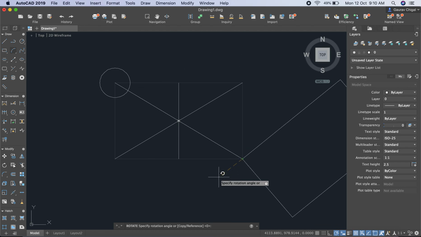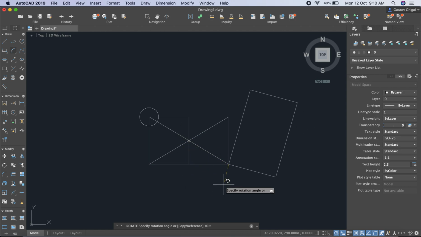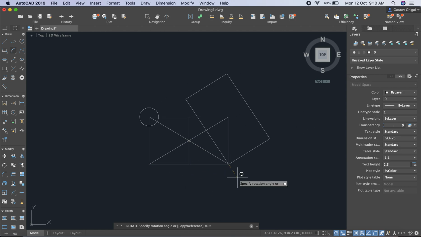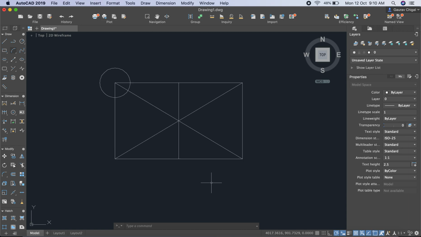You can see here the rectangle rotates as per your specifications. You can give the angle at which you want to rotate. Let us say the rotation angle is 45 degrees. Just type 45 on the keyboard and then enter. By default, the system measures 45 degrees from the reference line, and it moves in the anti-clockwise direction. Control Z to get back to the initial position. So this is how you can rotate.